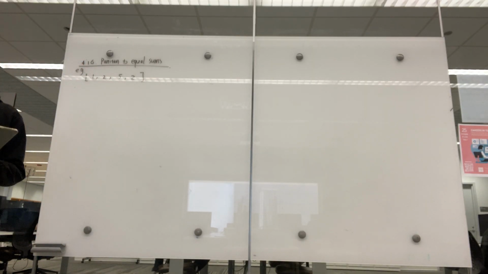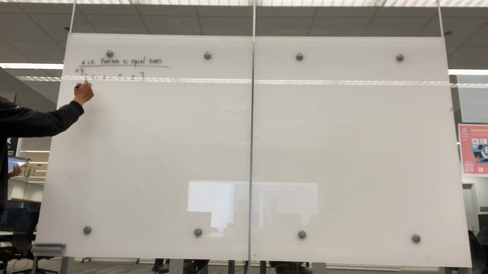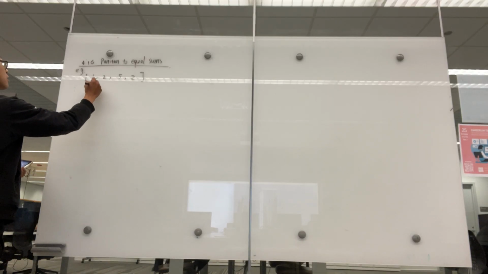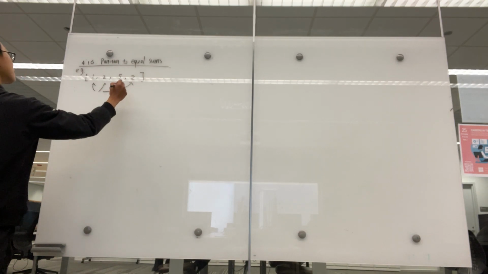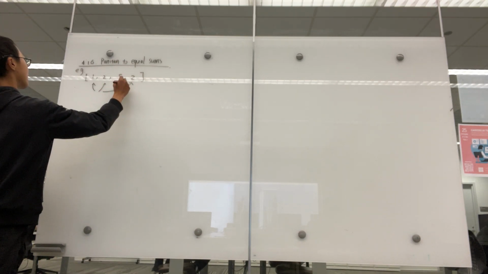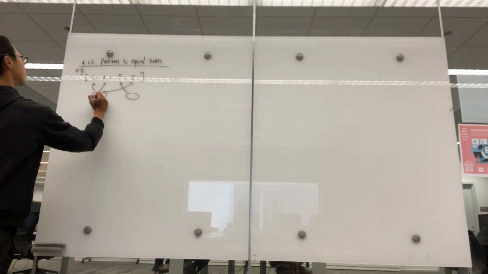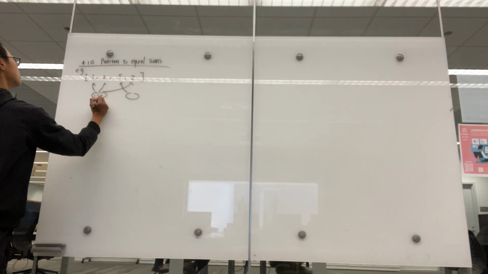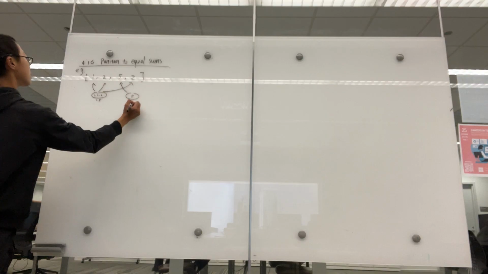and we want to partition them into 2 groups such that the sum of them are equal. So in this example, we can use these 3 numbers as one group, and this one as another group. So this one will be 1, 2, 2, having a sum of 5, and this group also have a sum of